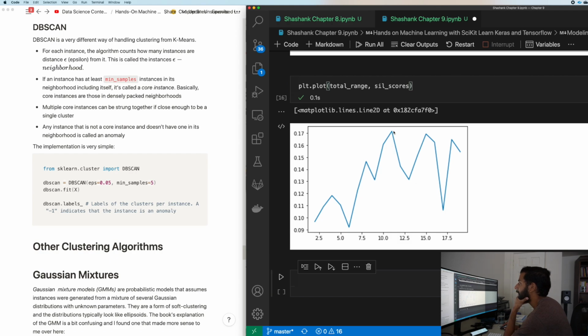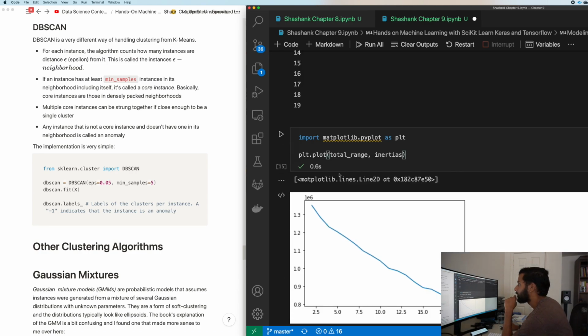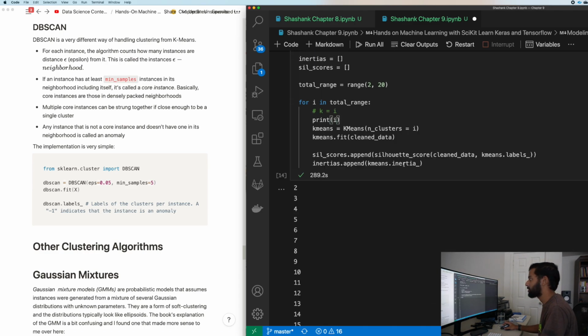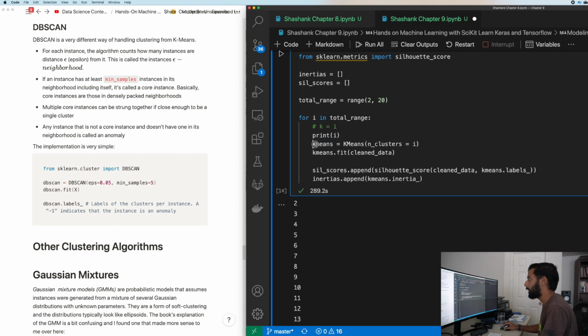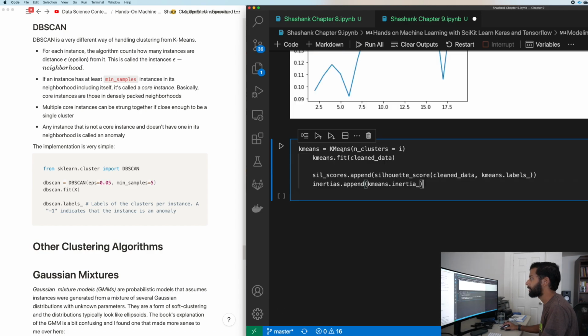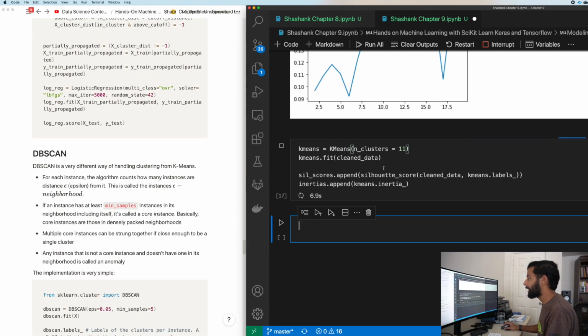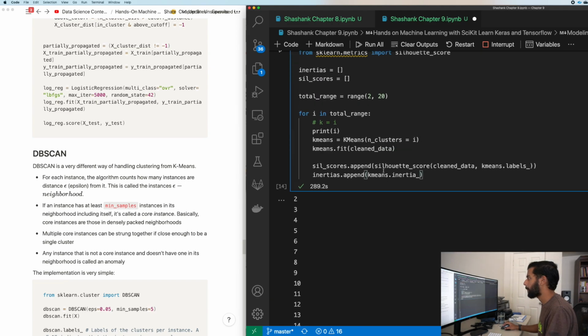So I think I'm going to pick a cluster size of 11. 11 sounds like a good cluster size. We'll go with that. Who knows how much longer this can go for. So let me copy this code over here. And then we'll go down here, and the cluster size, we'll make it 11. Run that. Oh, I didn't mean to do that. Oh well, that's fine. And we will get our clusters.